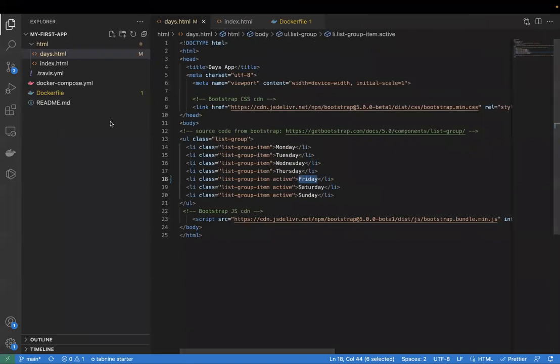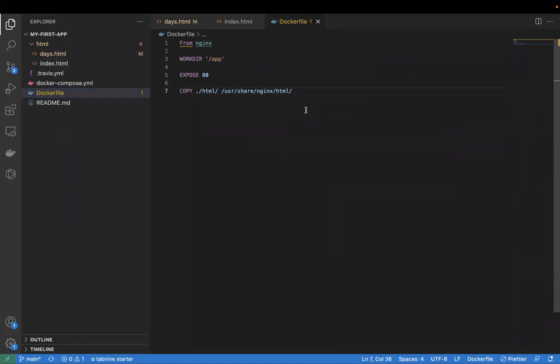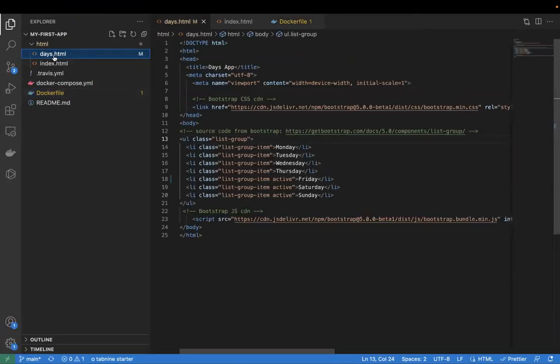So this particular repository is actually present outside the Docker container. If you see in our Dockerfile, we have made a copy of the days.html and index.html inside the Docker image. And so there is another copy of days.html and index.html inside the container. For that reason, even if you make changes inside the HTML file, it doesn't reflect immediately.